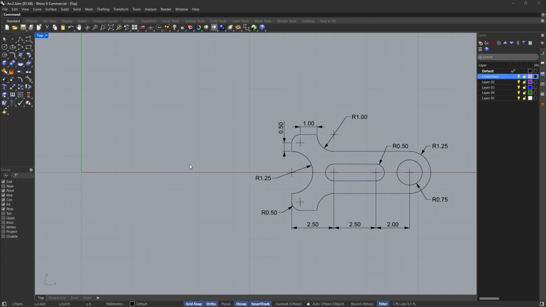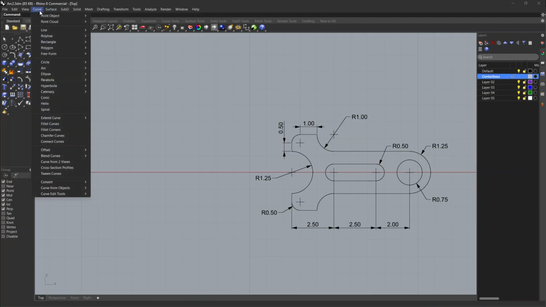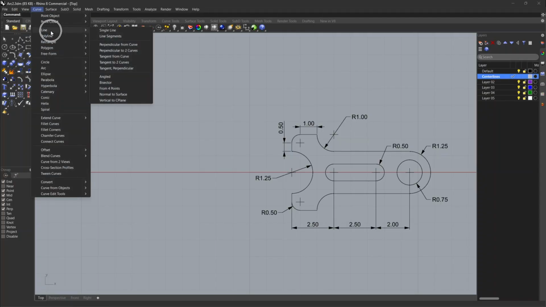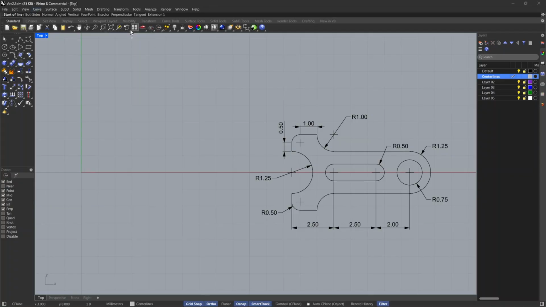Now let's change the current layer to center lines. From the curve menu, click line, then click single line. In the command bar, click both sides. For middle of line, type 0, then press enter.